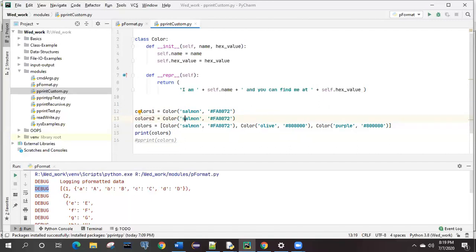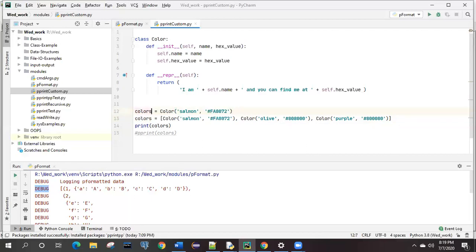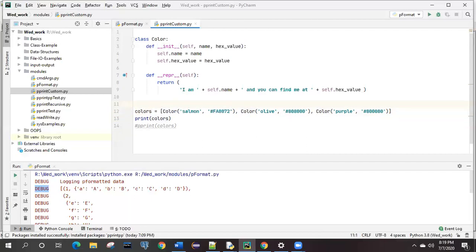So instead of creating the same thing again and again, in this line number 14 a list has been created. Got it? This is one list which has three different objects of the Color class. I think it's not so difficult to understand. Instead of creating three different objects, we have created one list itself and assigned it to this object, colors. Clear?